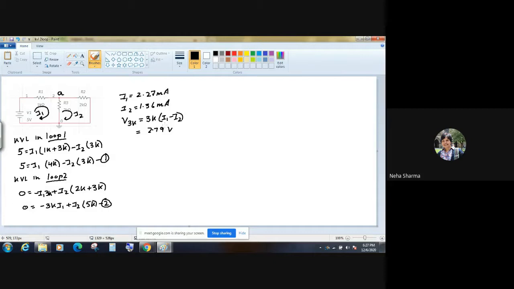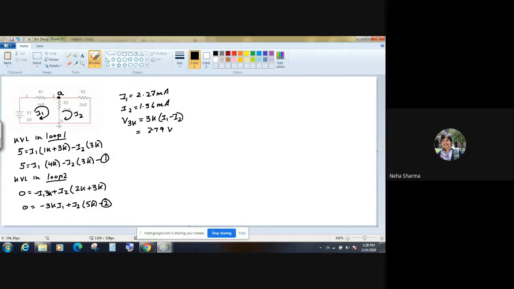Now, if I want to solve the same circuit using node analysis, first we will define the nodes, and a node is also known as a junction. You can see that I've already defined a node here. This is the junction at which R1, R2 and R3 are meeting. Basically, a junction is a place at which the division of current occurs. So here we can see that there's a division of current occurring.